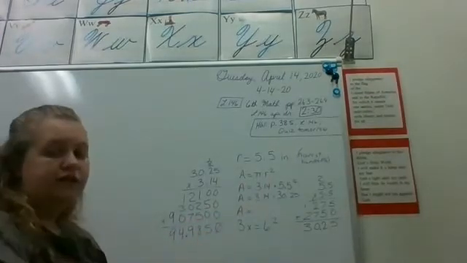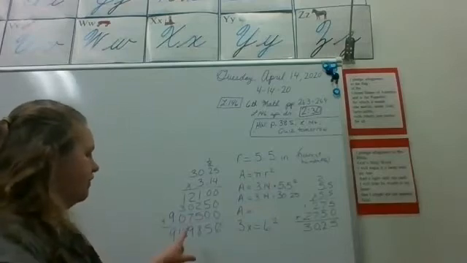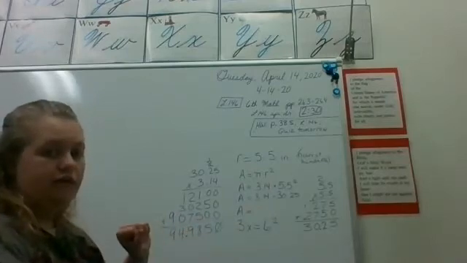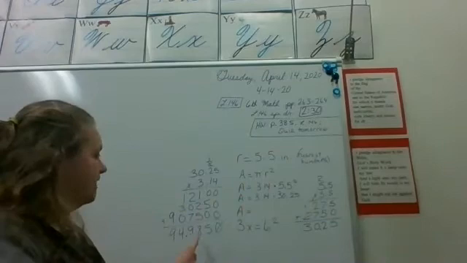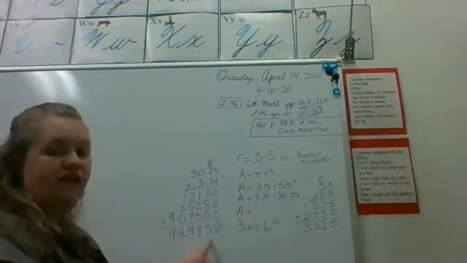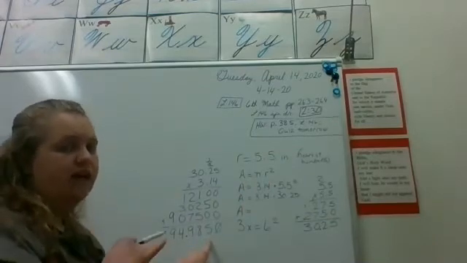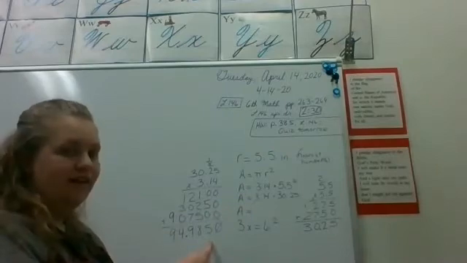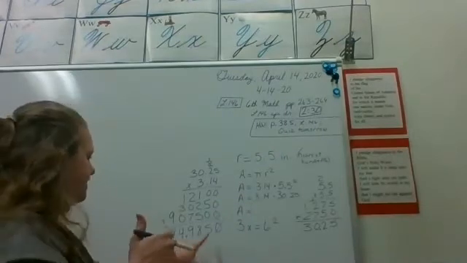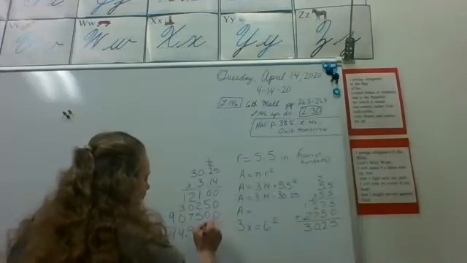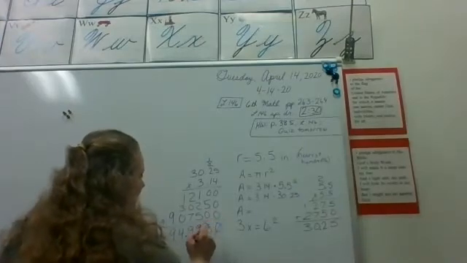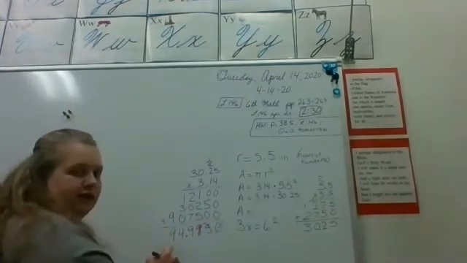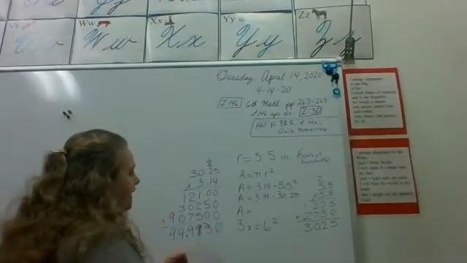Now, we round to the nearest hundredth. Which place is the hundredth? The 9, the 8, or the 5? Right, it would be the 8. So we're going to look at the 5. Does 5 make the 8 go up or stay the same? 5 makes it go up, right? So we're going to take this and make this jump to a 9. Okay, see how I did that? I'm trying to help you. 94.99